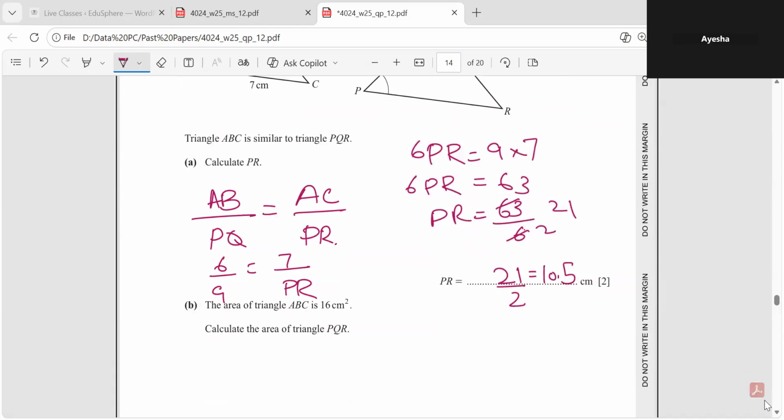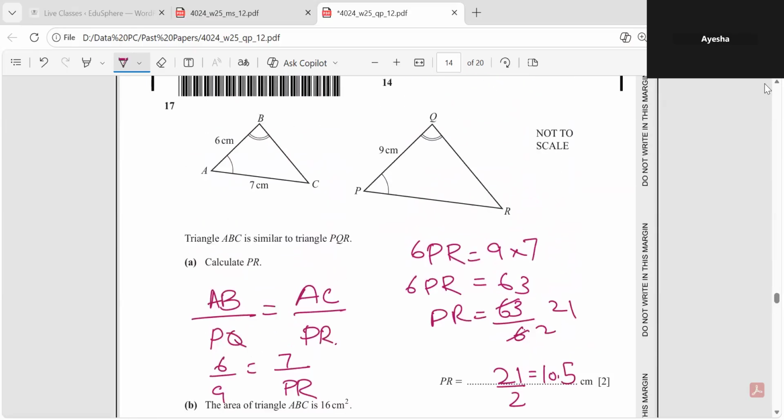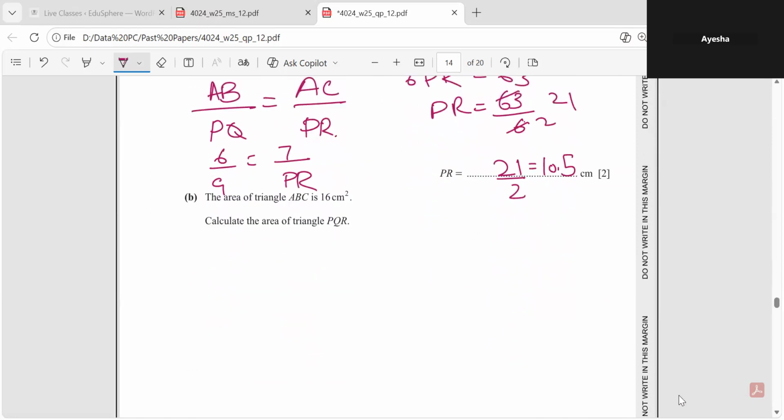10.5 centimeter. Moving on to this one, the area of the triangle ABC is 16, and we have to calculate the area of the other triangle PQR. We know that we can take the corresponding sides. This is the formula. If we want to know the area of the triangle, this triangle has an area of 16 centimeters square given. So we can write that area of the triangle ABC